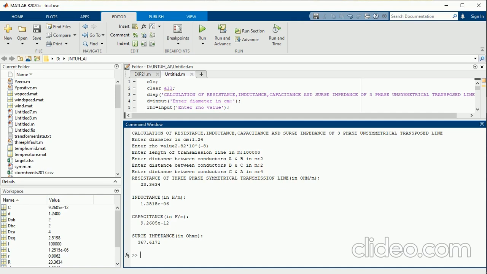Already in our previous video we cross checked these values, theoretical and simulated values. I just wanted to show how practically we have to implement our code. Okay, I think with this everyone has got a clear idea about it. Okay, thank you.